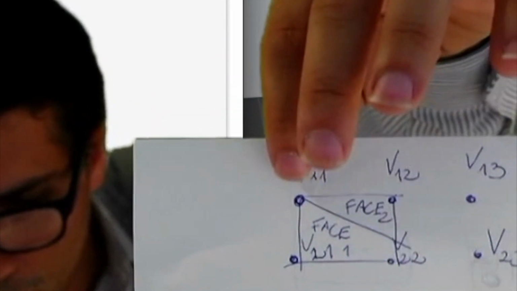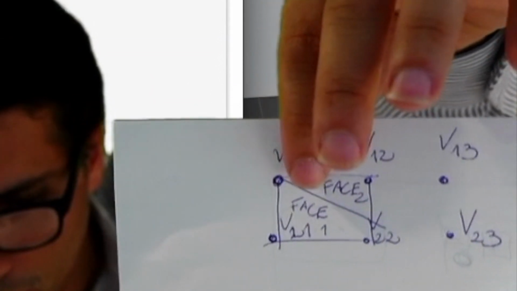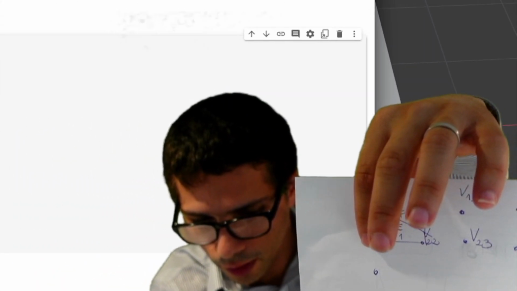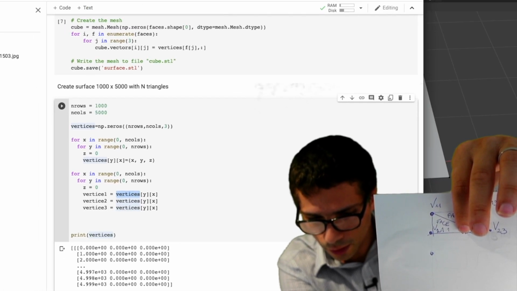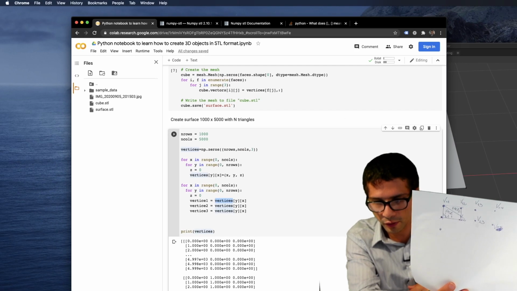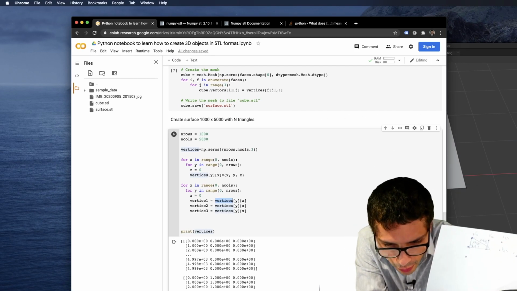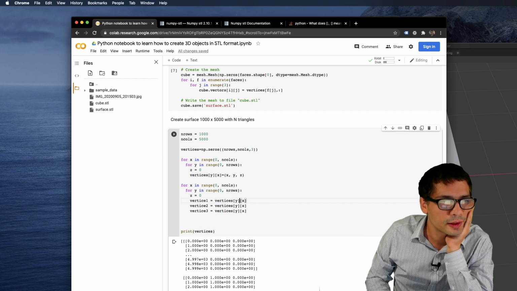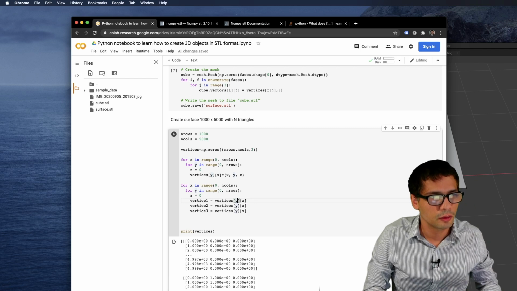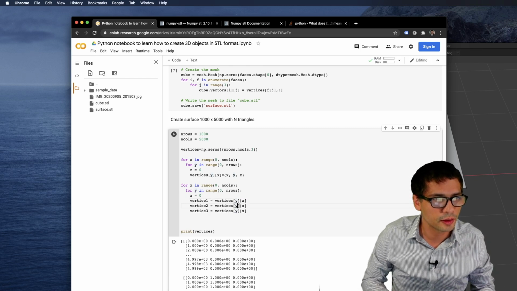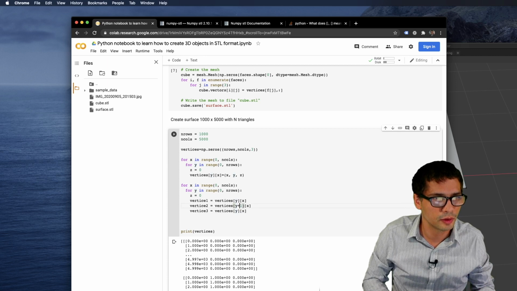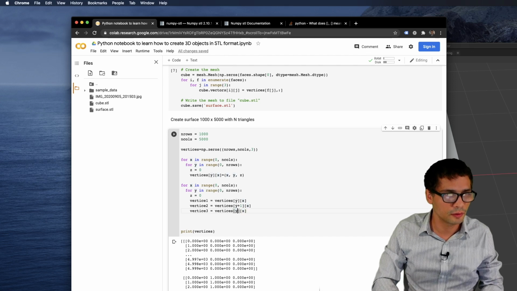But actually I need to do 2. So I need to create another one here, and then another one here. And then I need to do the other triangle. So I need to do 2 triangles. But let's do one to start. Simple. So x, y plus 1. Okay, x, this one is okay. So this is in the same column. Then I need to do plus 1.